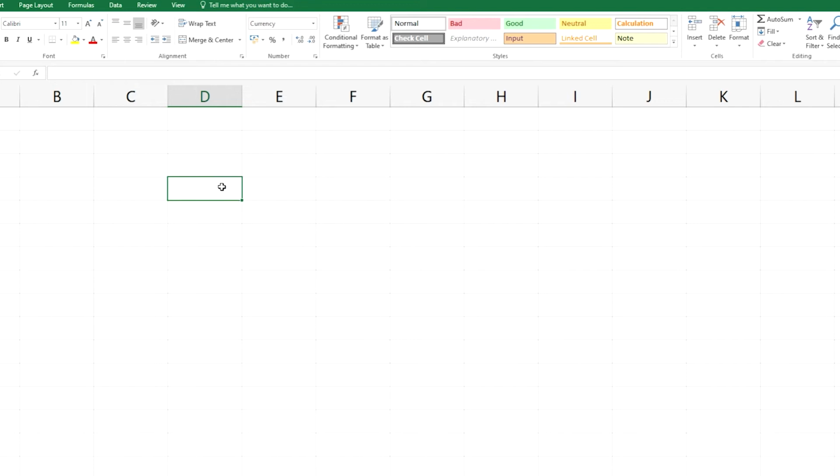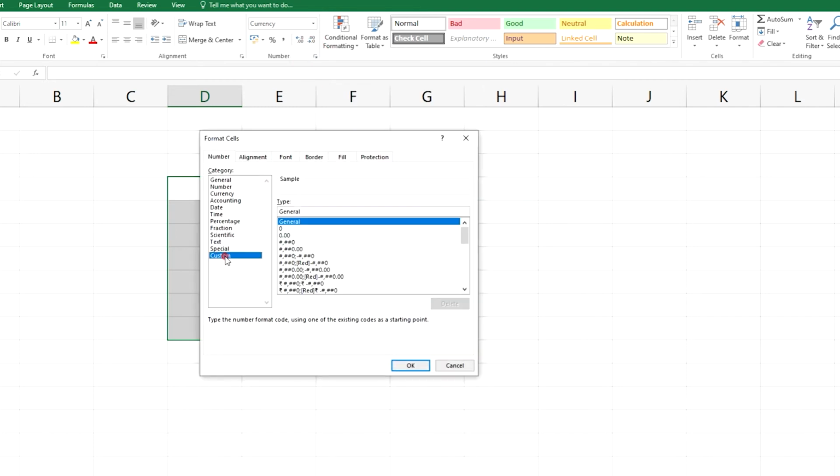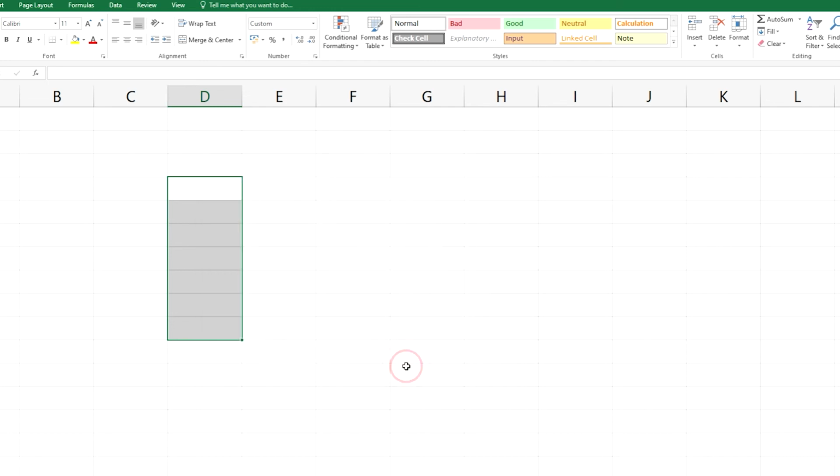So the best way to do it is to select the cells where you want the numbers along with the units and go to this number format button, go to custom and select 0, and here in this box give a space, inverted commas, write down kg, inverted commas, close, press OK. So whatever number you type in these cells, it will give you the result along with kgs,